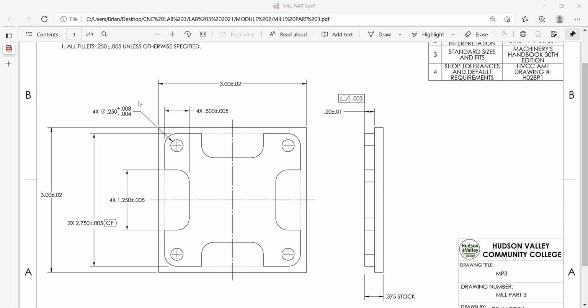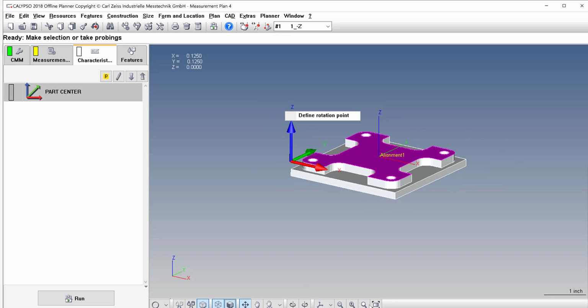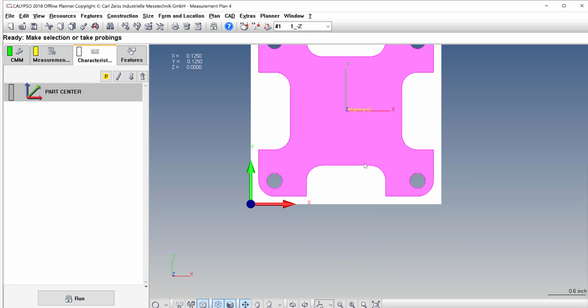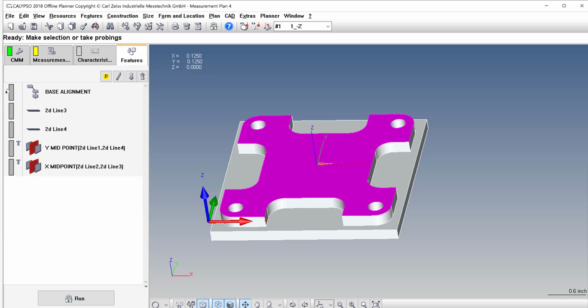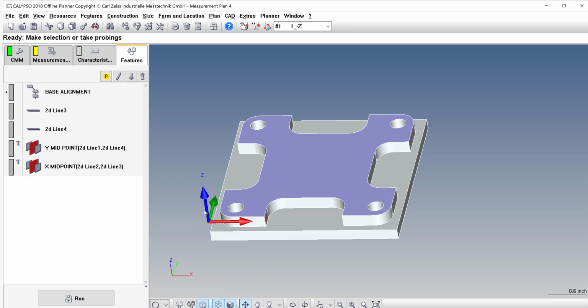So for right now, let's take care of these hole locations and diameters. I'll get back into Calypso, go to top view, and kick it away a little bit. In features, what I want to do is get some circles on cylinders. These are not positional tolerances from a Y14.5 standpoint, so we can just use circles. It'll just make it a lot easier. So I'll select all 4 circles,